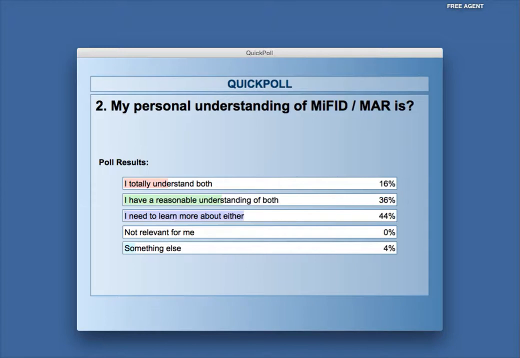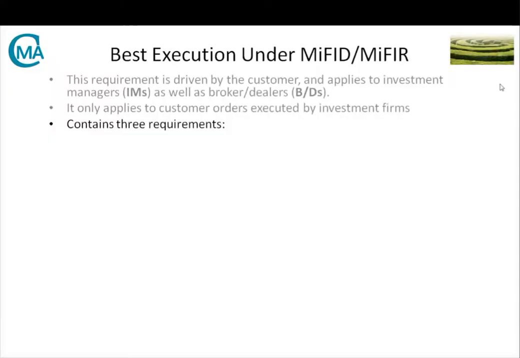So as firms talk about what their plans are for MiFID going forward, one possibility... Can you put the slides back on? I thought they are on. No, we're looking at the poll results at the moment. Oh, sorry. It's okay. Got it. Okay. Carry on.